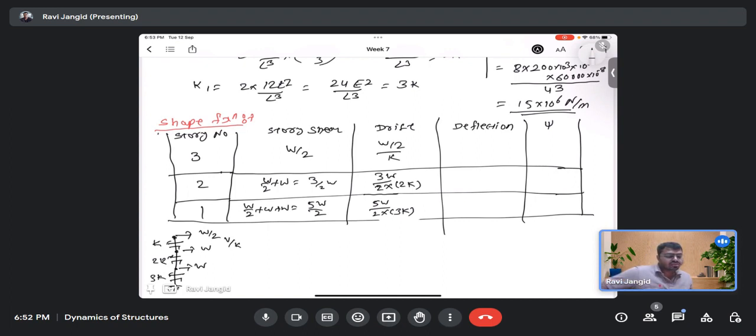So you can find out the deflection, like what will be my total deflection, since I have the local drift of each story. So the deflection of the first story is how much? That is the same, because the ground is 0. So that is how much? That will be the same, 5W by